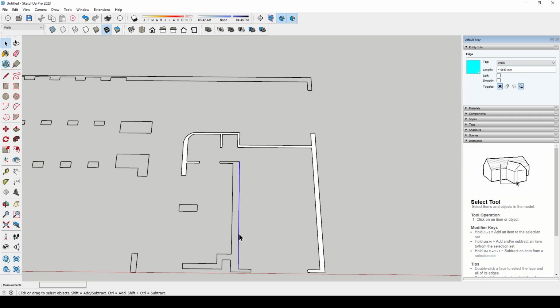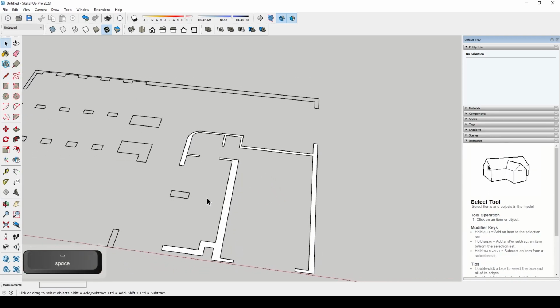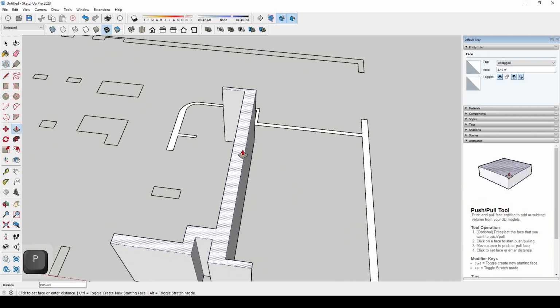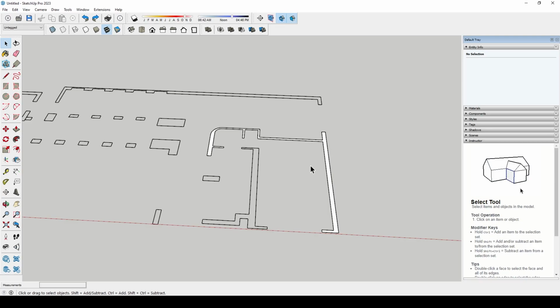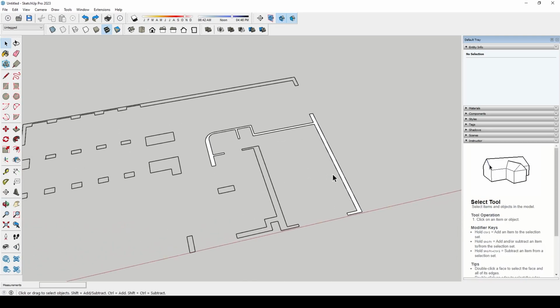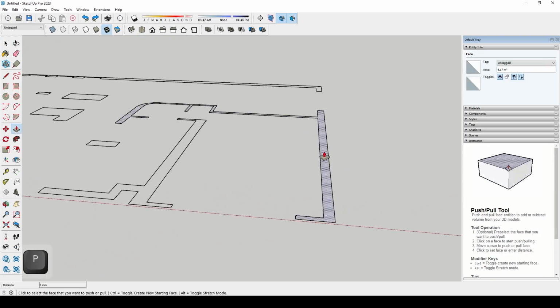So I'll do it again. Delete this one. L for line tool, connect from that point there to this point here, and now all of a sudden we can see that as a geometry, which means we can do our pushing and pulling and bring everything up to the appropriate heights. So once you've got your first one all joined together like this and it has changed to the color white, and if we hover our push pull button over the top we get those lovely blue dots,